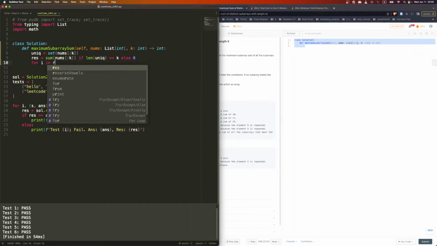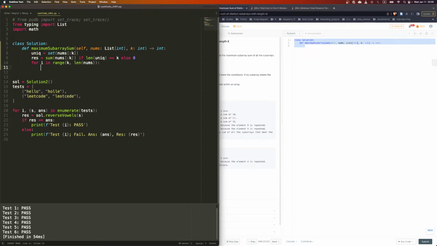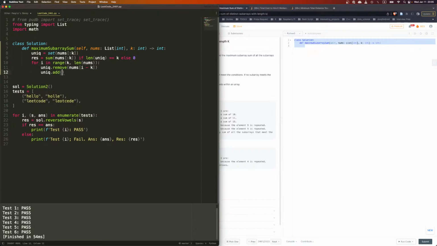Then for i in range from k all the way to len nums, right? So what do we do? We say unique dot remove nums i minus k, right? And then unique dot add nums i,